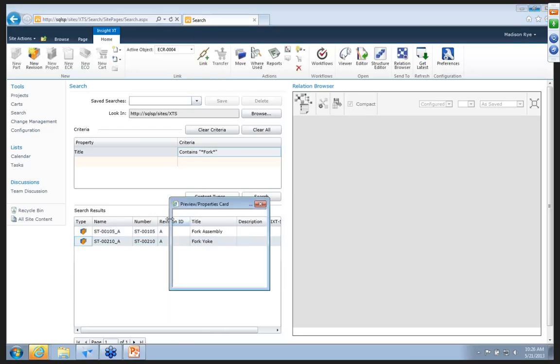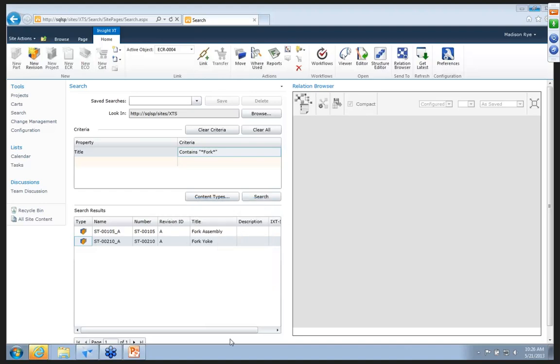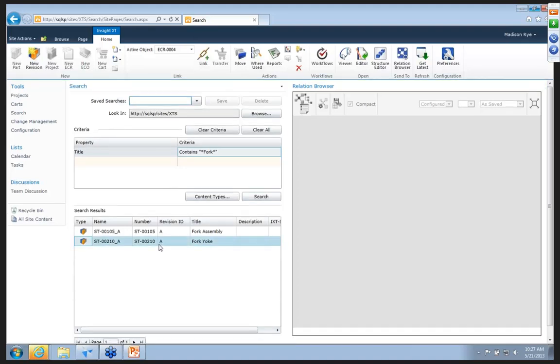I can check out my preview properties, the yoke. That's the thing that I want there. I can check out the status here to see, well, it's released. I'm going to have to do a revision. The other thing I can do here is you'll see that the ECR is the active object still because it's the last thing I created, so I can just simply hit the link button, and whatever I've highlighted here links, and I get the feedback that I've linked that successfully to my ECR, and I'll show you that when we go back. But right now I want to open this in my viewer,